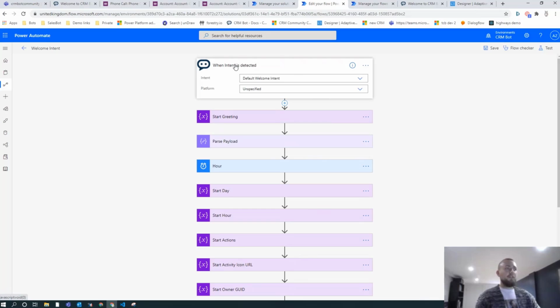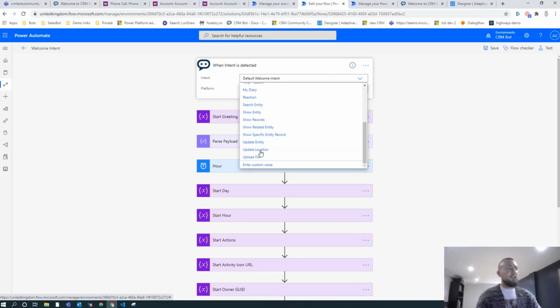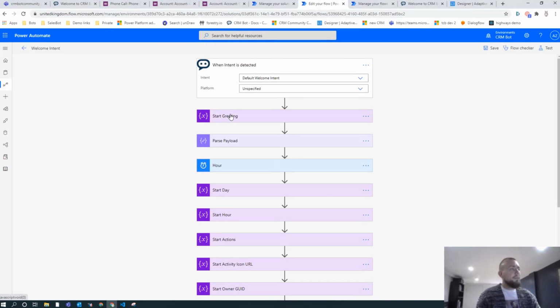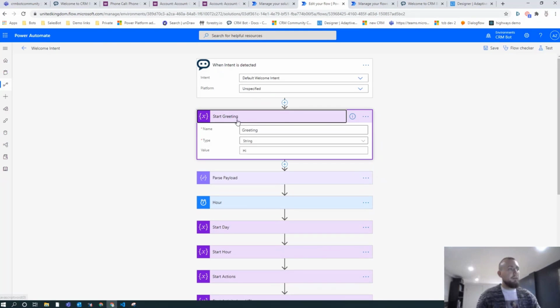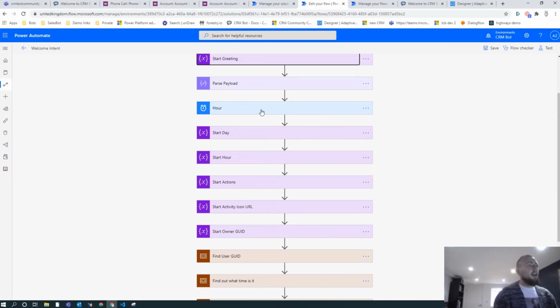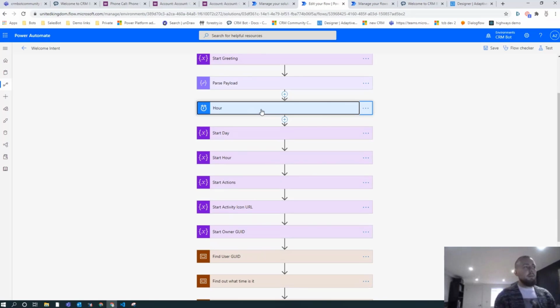First of all, we start with the trigger. Our trigger is always that you pick which intent out of the list of intents you want to respond to. So we're going to pick default welcome intent. You then pick what platform. In our case, we're going to leave it as unspecified, or we could swap it to Skype. We then have a bunch of variables that I'm introducing. So I'm putting in a greeting variable. I'm not going to explain each action. I'm also grabbing a time, which will be important because essentially this bit,